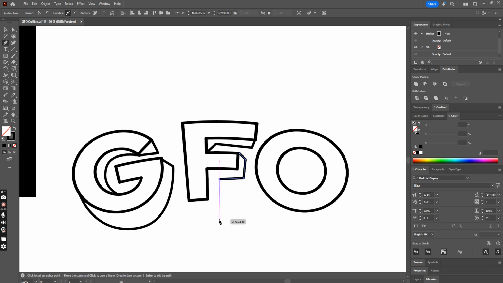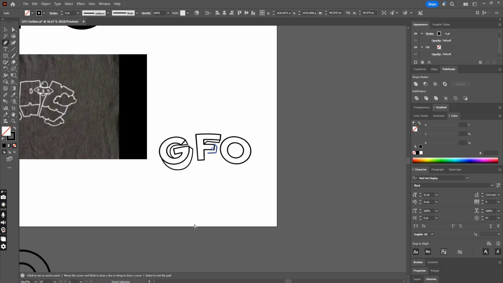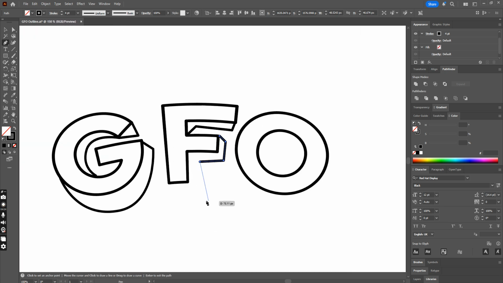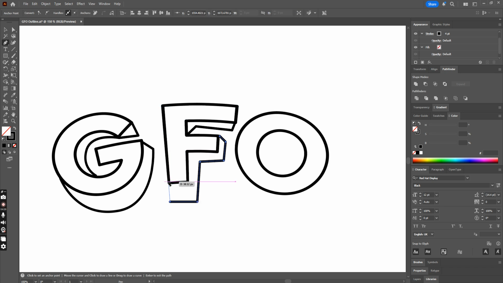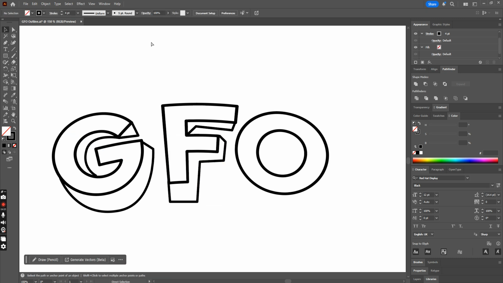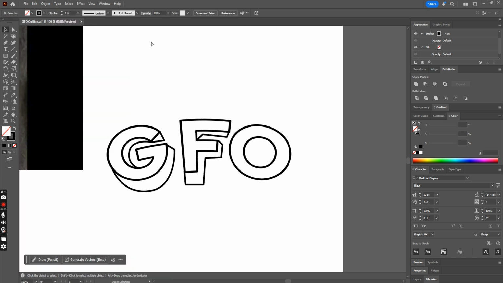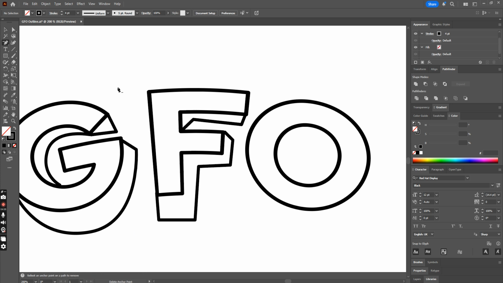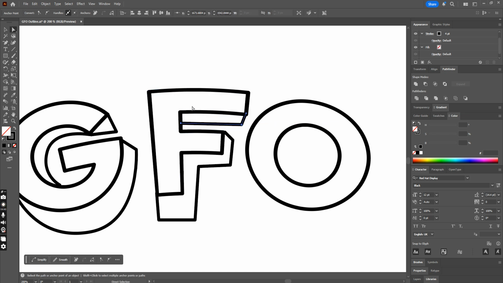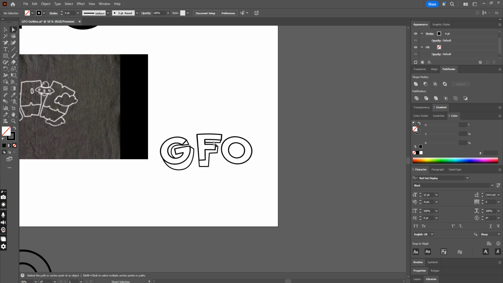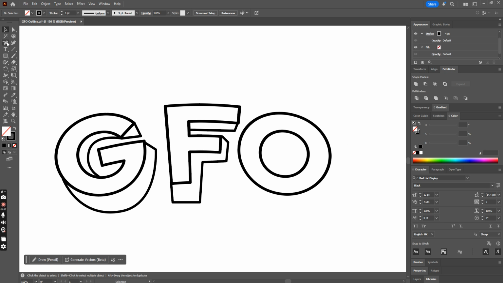And just follow this step and keep it as it is here. I think we can do one thing, there is no need of this, so this will make it look like a cleaner version of it. And we can use the anchor point tool to make a little curve,